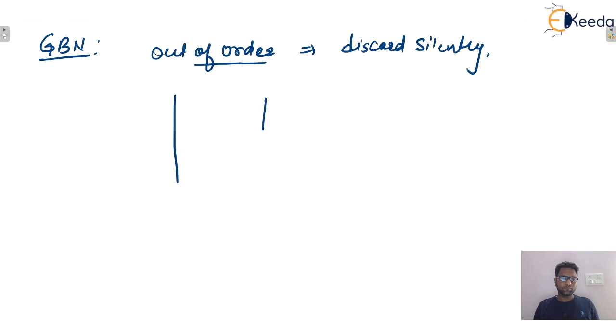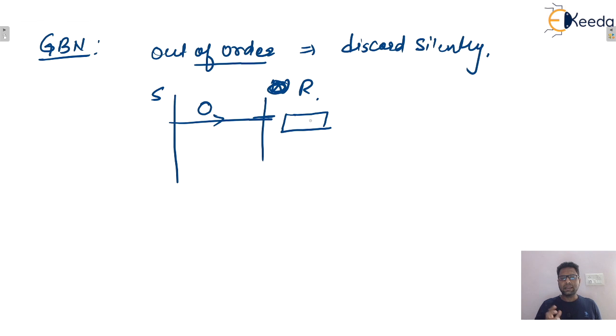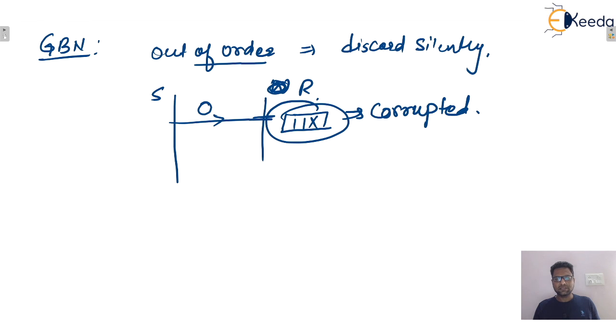Similarly, let's say a data packet is transmitted from the sender to the receiver, and the packet is not lost but is corrupted, meaning some bits inside the packet get corrupted.